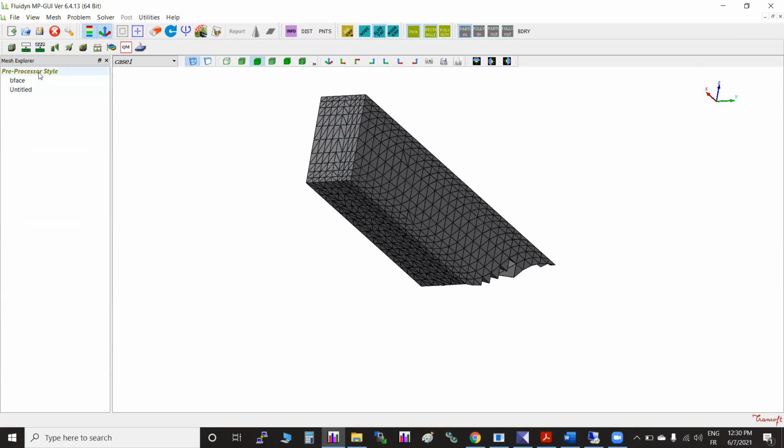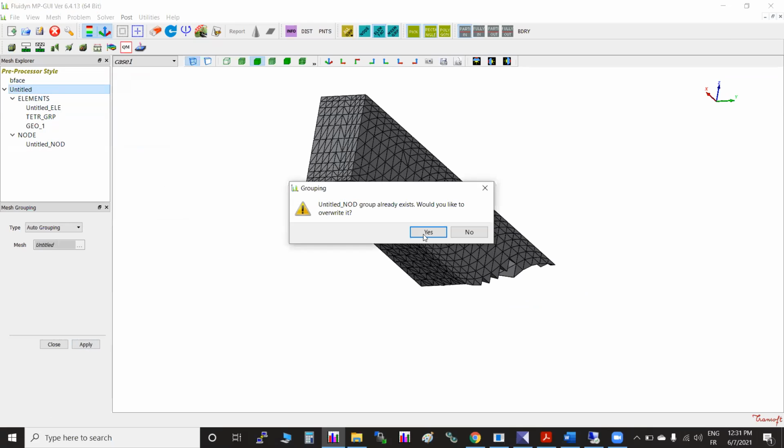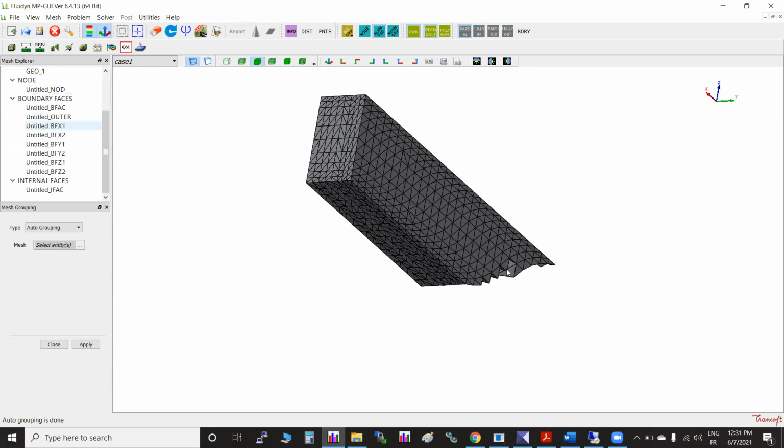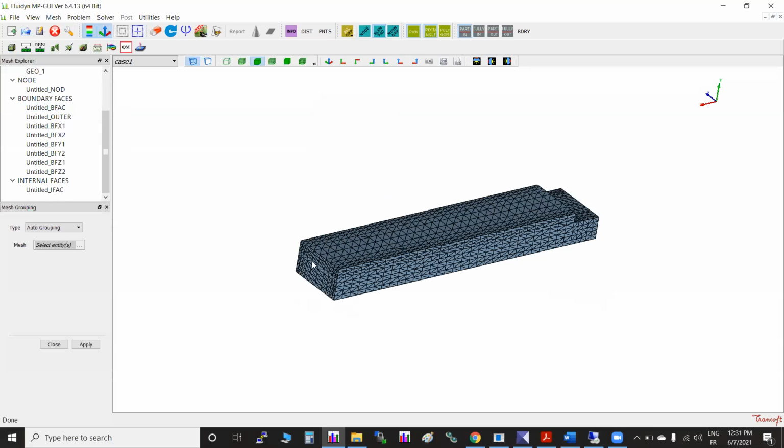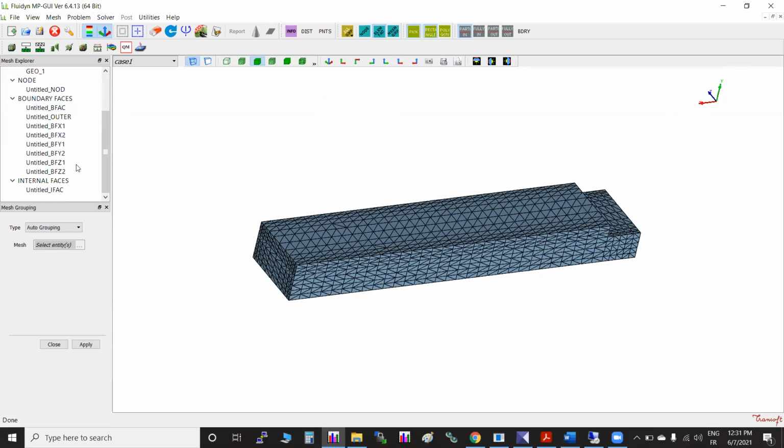Another interesting thing, as I have some time, I'll quickly show. Let us say we have boundary faces, and out of this, I just need to take this left side boundary face, which is in the positive x direction.